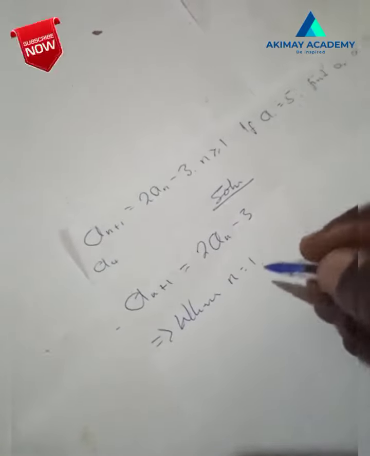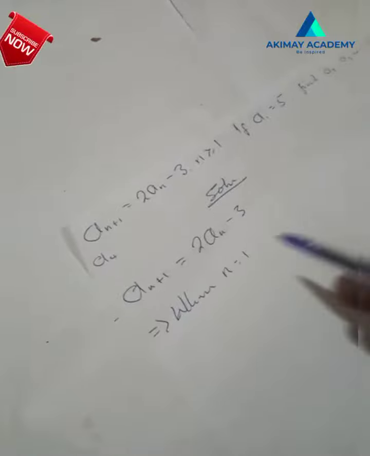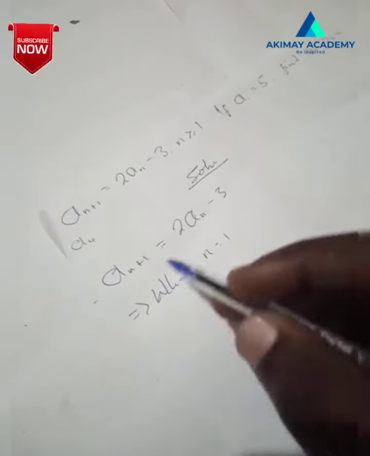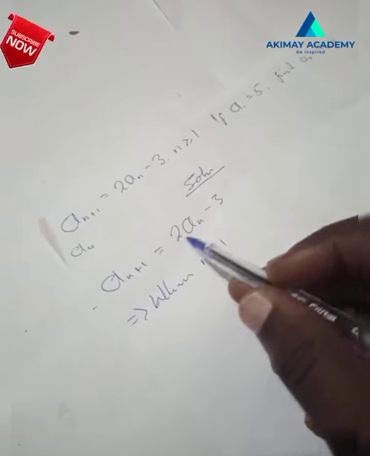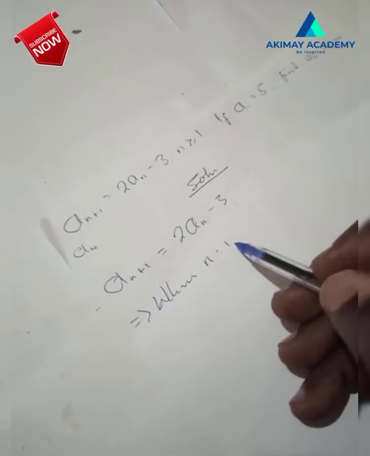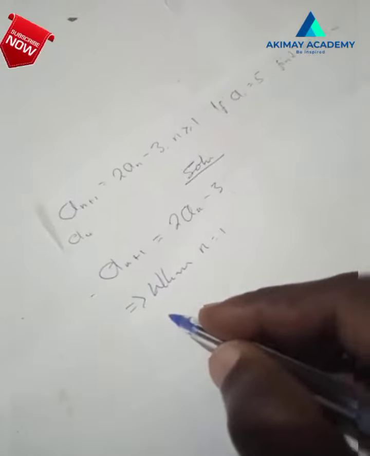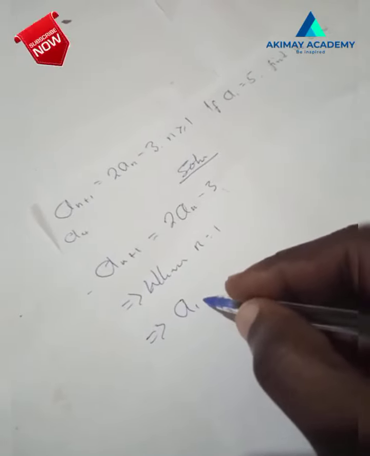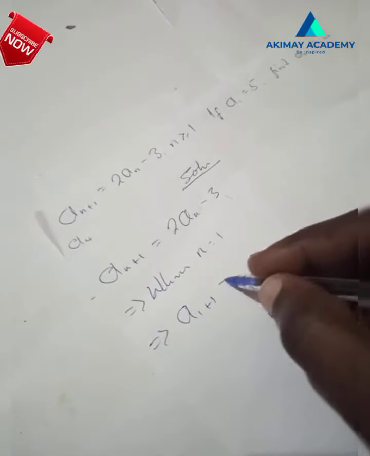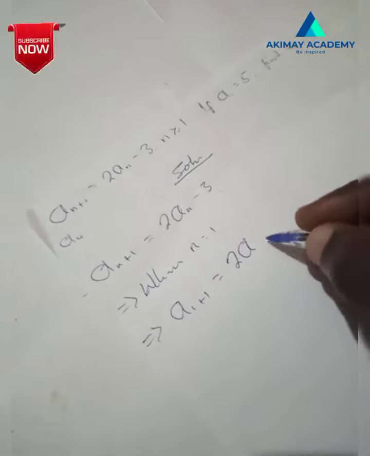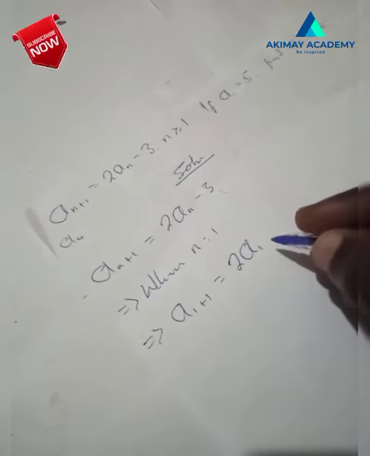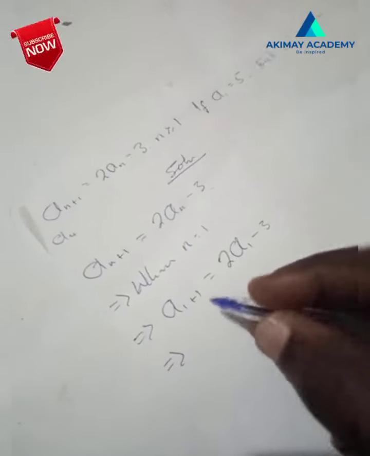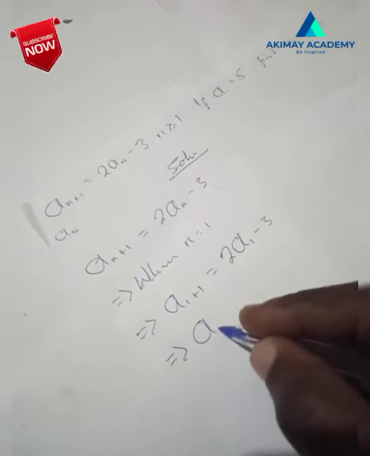When n is equal to 1, because they said n is greater than or equal to 1, what happens? Wherever we see n in the expression given, we put 1 there. So we are going to have a subscript 1 plus 1 equals a subscript, we have n there, so we have 1 here, minus 3. We know 1 plus 1 will give us 2, so we have a subscript 2